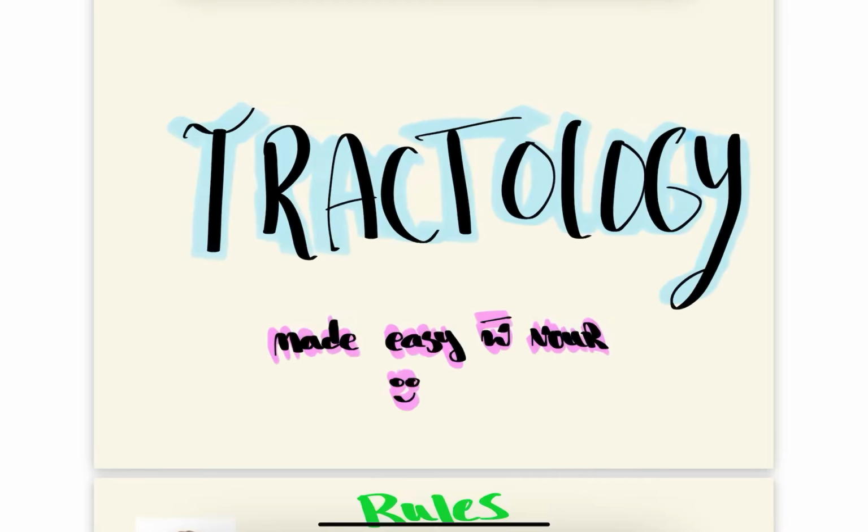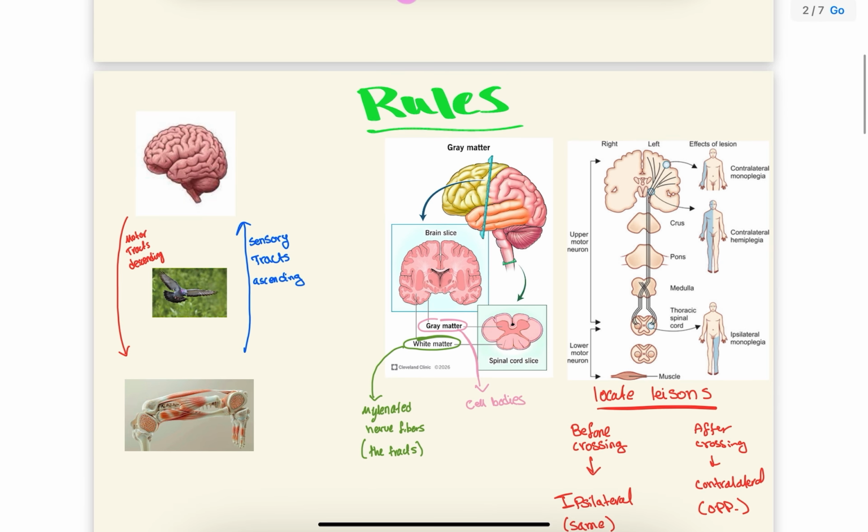Okay, so let's get started right now with talking about the topic of tractology. I tried my best to make it easy and understandable and simplified. So let's get started first of all with some rules. So here is the brain, here is the muscles and the peripheral organs. Now, when we say information is going by this little birdie from the brain to the muscles, we call it